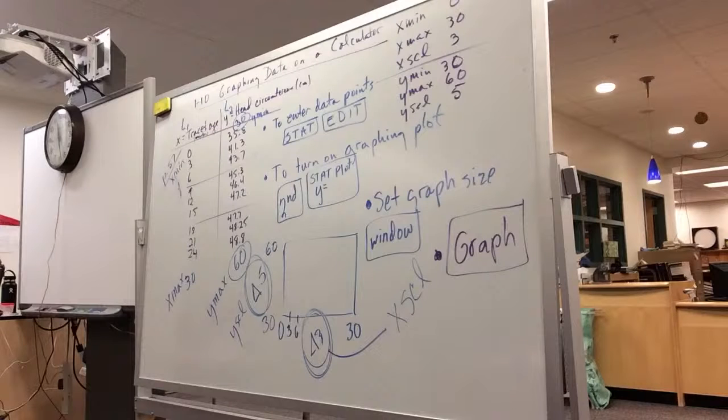Okay, so now, with that graph up, if you look at the top row of keys, where the Y equals, window, zoom, trace. Hit trace, and use your arrows left and right, and you'll go from point to point. You will be able to look at the ordered pair that made that point. It's written on the bottom. You'll see X equals, Y equals. Hit trace and then the arrows left and right. You can move through your graph, point to point. That's cool.